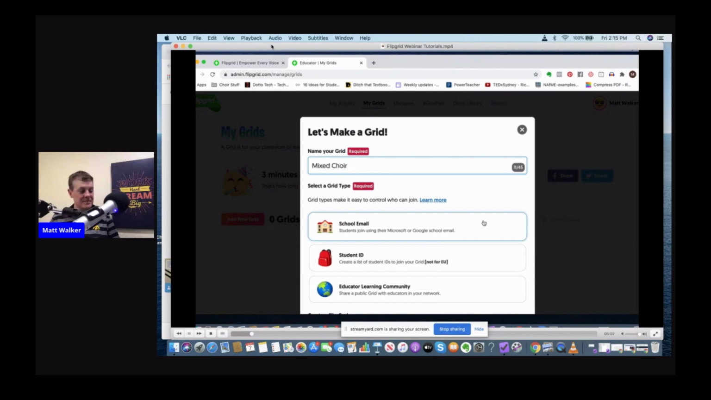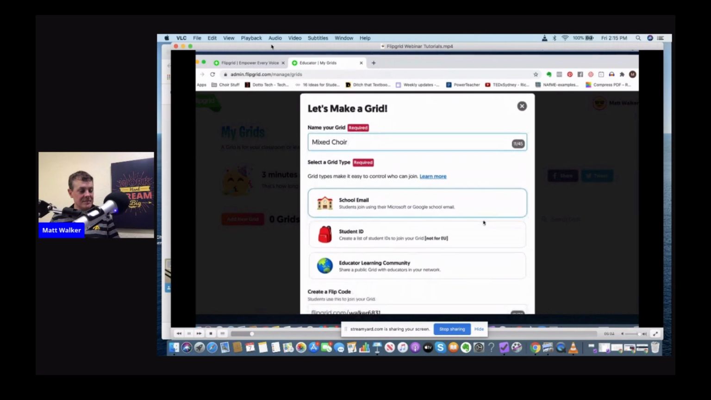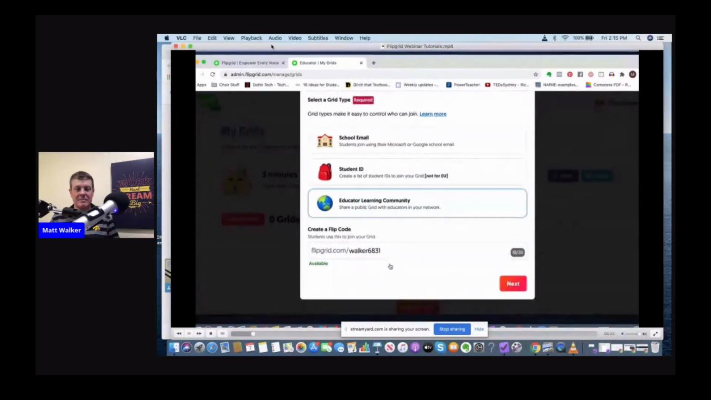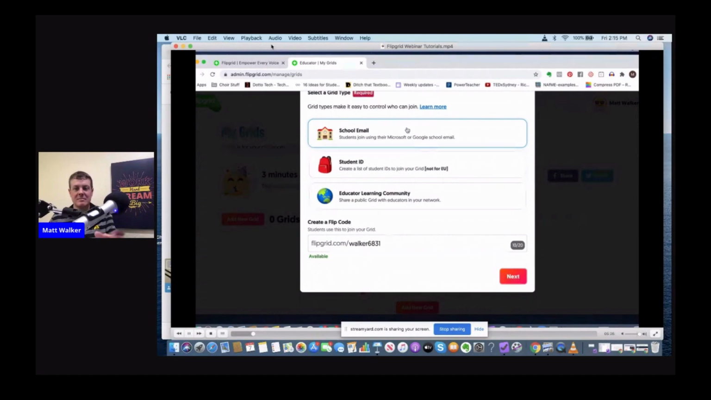make one mixed choir. Now, you've got three different types. The third, you're probably not going to use very much. The third is an educator learning community. Now, if you've got teachers in your school where you're collaborating with your teachers, that might be a reason why you would do that. But normally you're going to do one of these first two options, either the school email